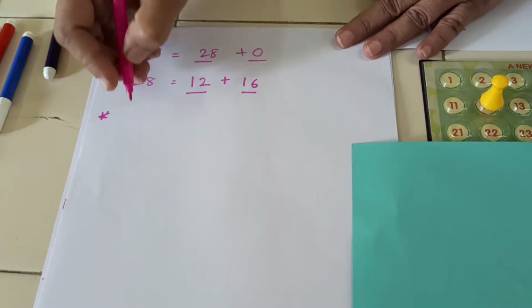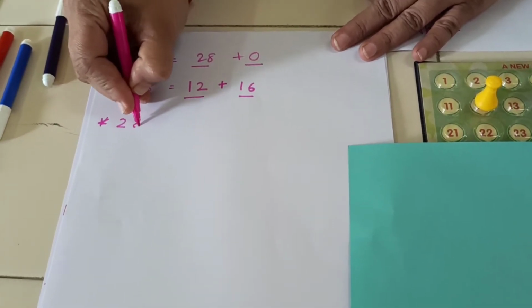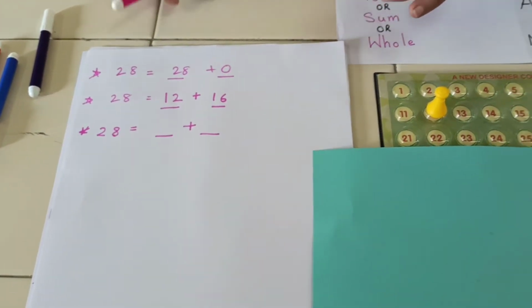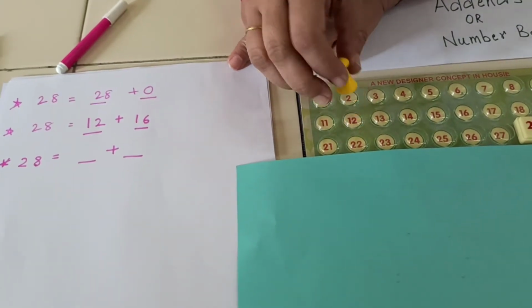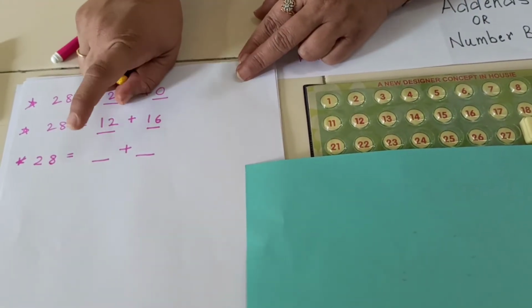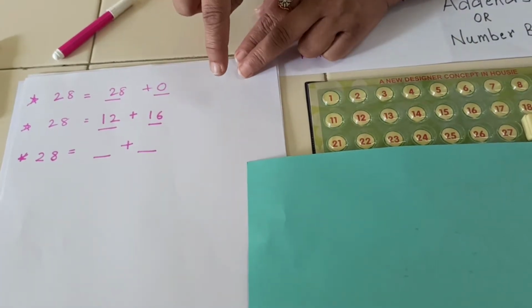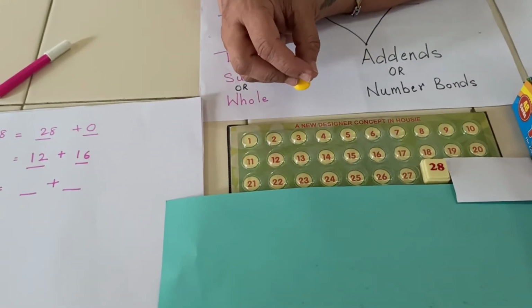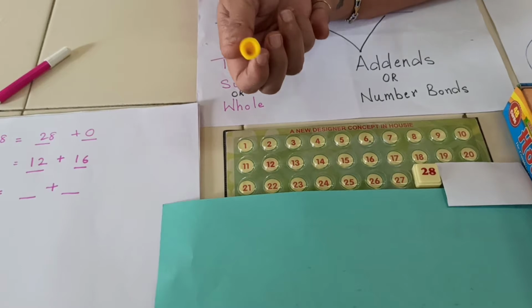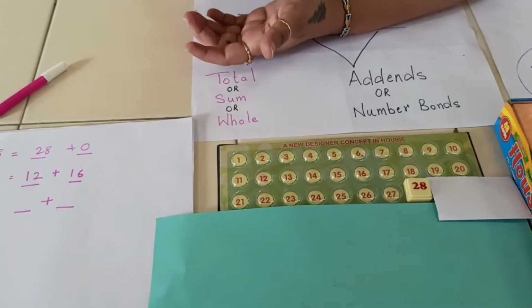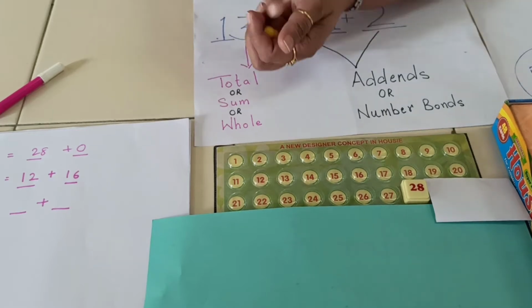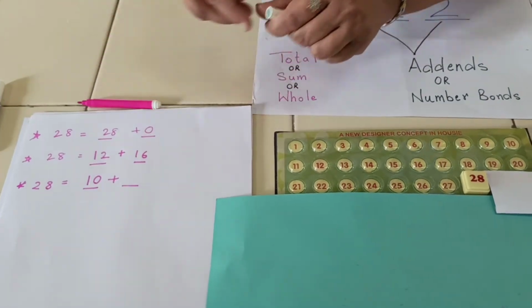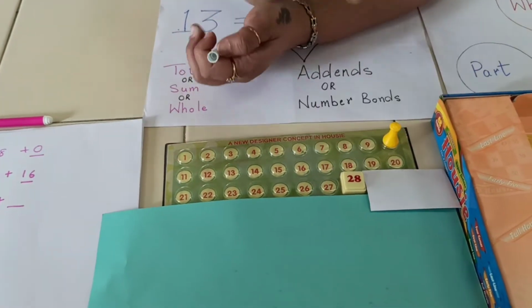Now we'll see the third set of combination for the addends. The first important thing, remember, is choosing the first addend. You can choose any addend from this, and then we are going to count the second addend. Teacher, where should I keep this? Give me one number. 10. Okay, I shall keep it on 10. That means I got my first addend. So my first addend is 10, and I'll write it here as 10 and keep this here on 10.